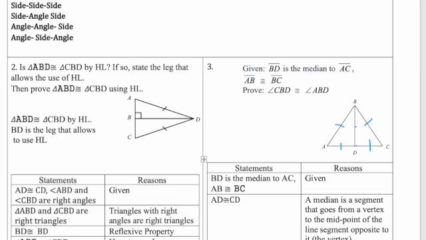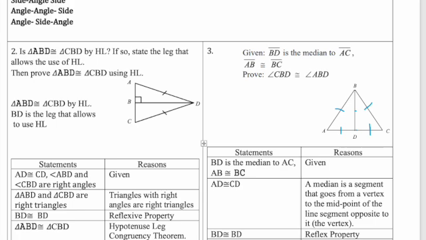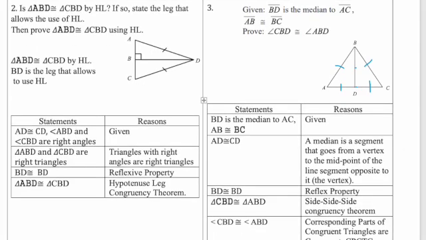Okay, and this is because corresponding parts of congruent triangles are congruent. Okay, and you might want to say, but I would write it out, corresponding parts of congruent triangles are congruent. Okay,